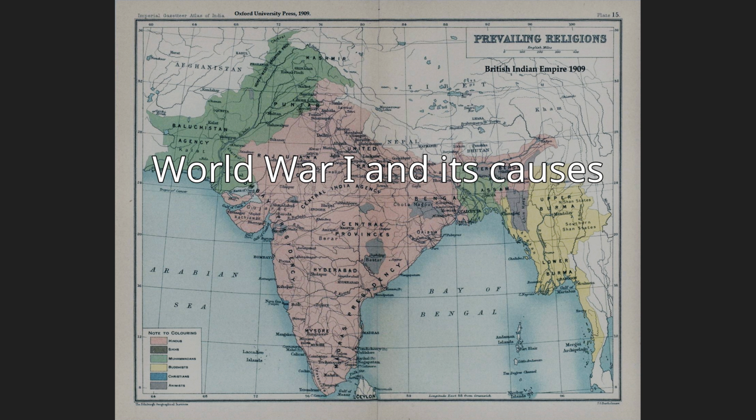Edwin Montagu, announced the British aim of increasing association of Indians in every branch of the administration, and the gradual development of self-governing institutions, with a view to the progressive realization of responsible government in India as an integral part of the British Empire. This envisioned reposing confidence in the educated Indians, so far disdained as an unrepresentative minority, who were described by Montagu as intellectually our children. The pace of the reforms was to be determined by Britain as and when the Indians were seen